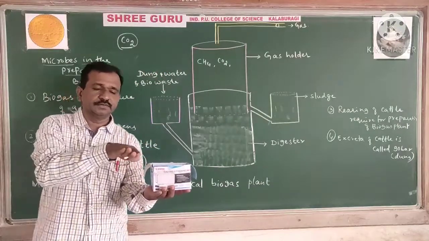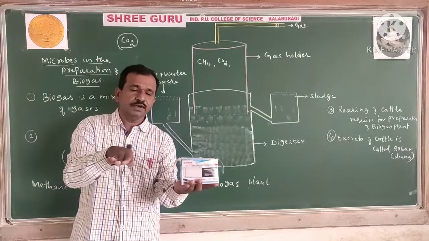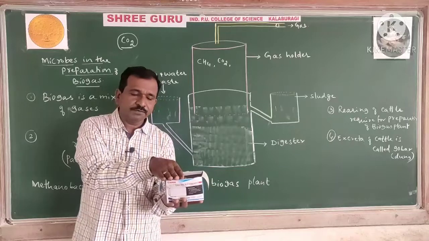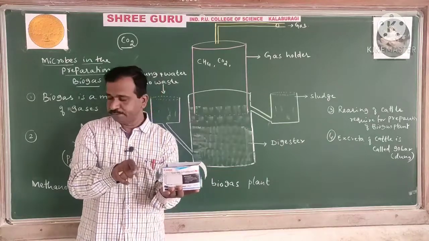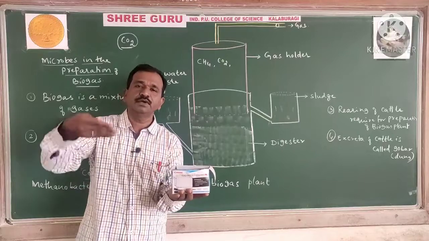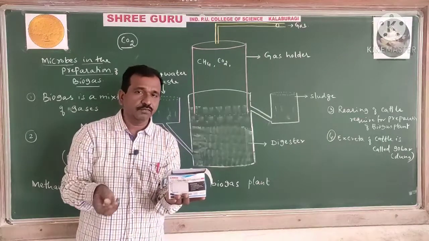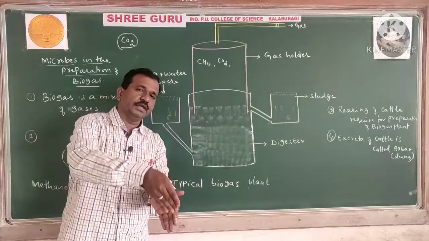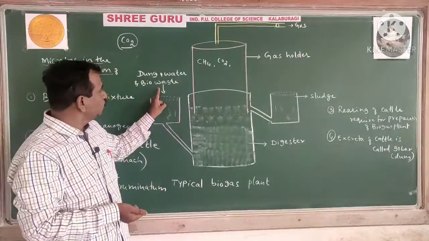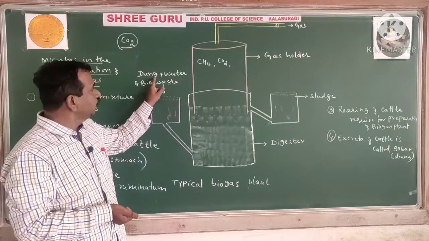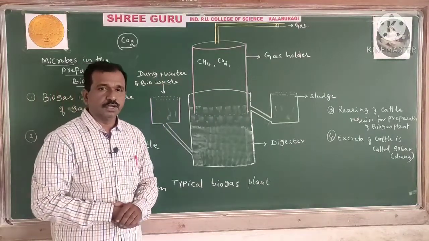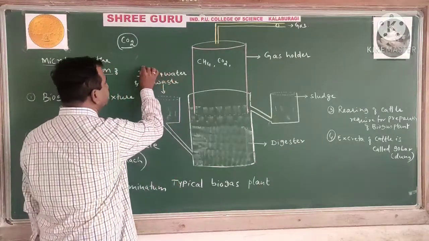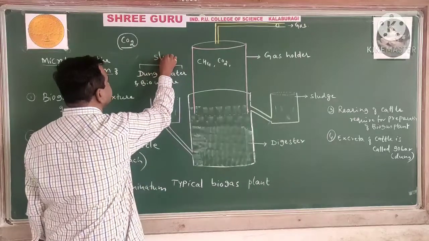On the surface region, it comes on top because frequently it is not possible to open this. It remains closed. For that purpose we have to insert from here. The outlet is found here. Follow all of you, there is an outlet. Through this outlet we keep pouring dung and water. Cow dung and water have to be mixed. The mixture of this cow dung and water collectively we can call slurry.